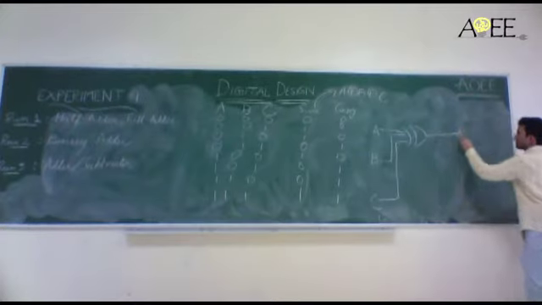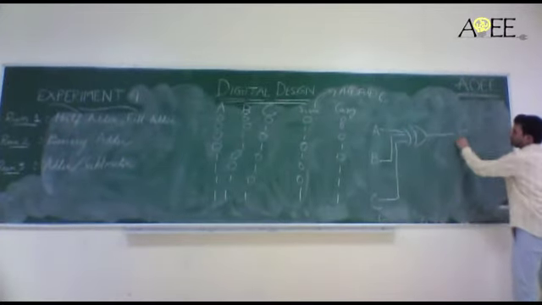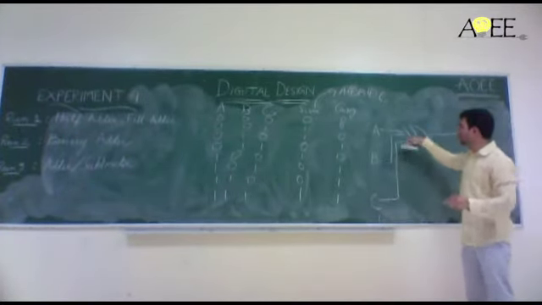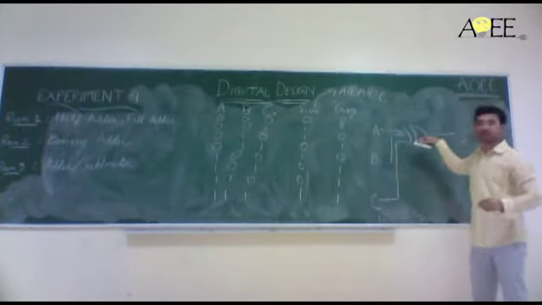This is A XOR B XOR C, or the sum function. Note that if we do not have a 3-input XOR gate, then 2-input gates can also be used. For that, we first XOR these two, and that combined XOR with this also gives me S.